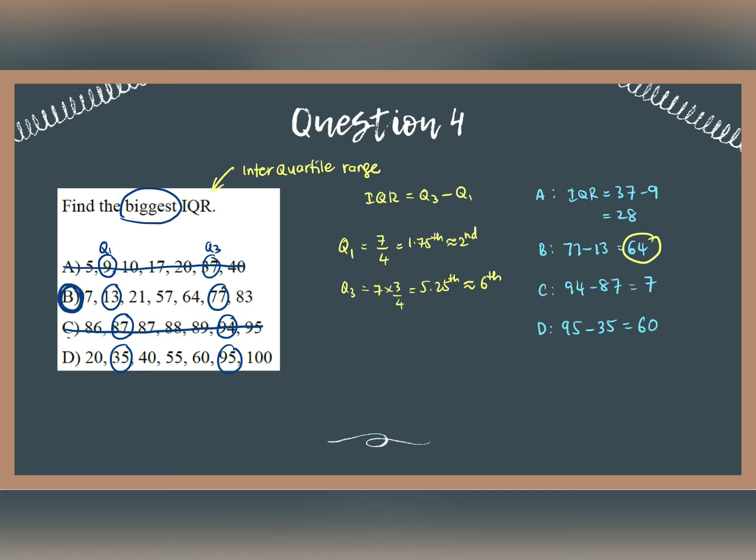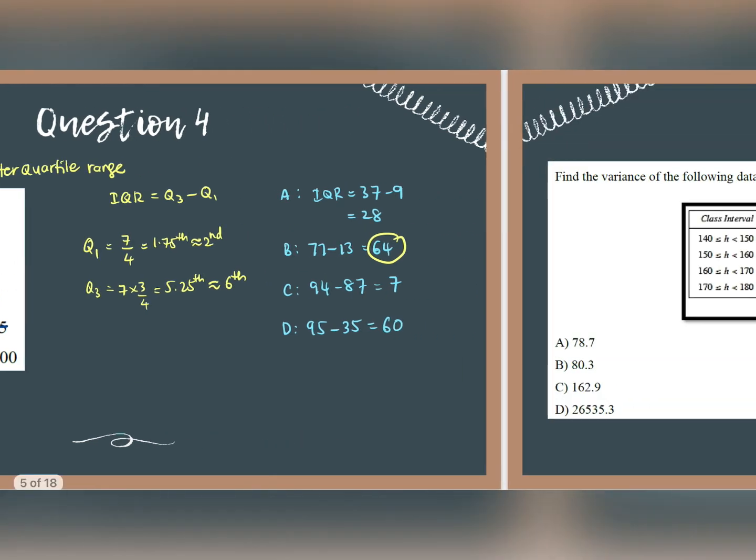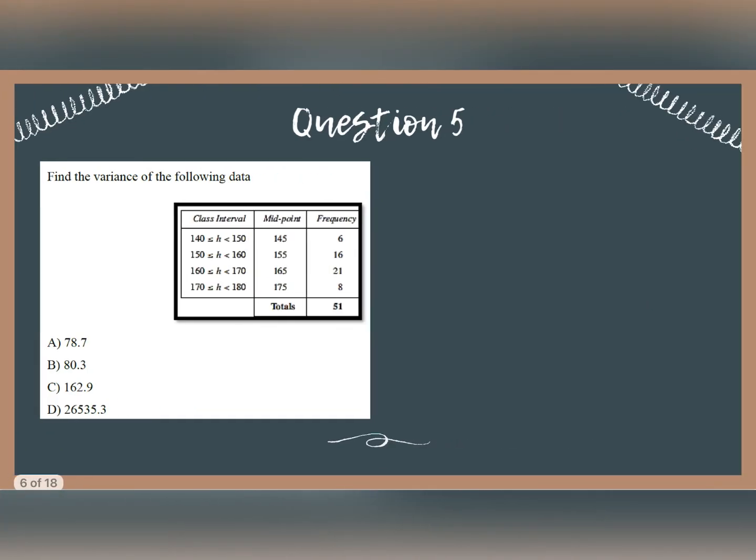Alright. Ini adalah untuk question number 4. Okay, move to question number 5. Find the variance of the following data. Okay, so for this one adalah group data because we have the class intervals and then dia ada bagi F